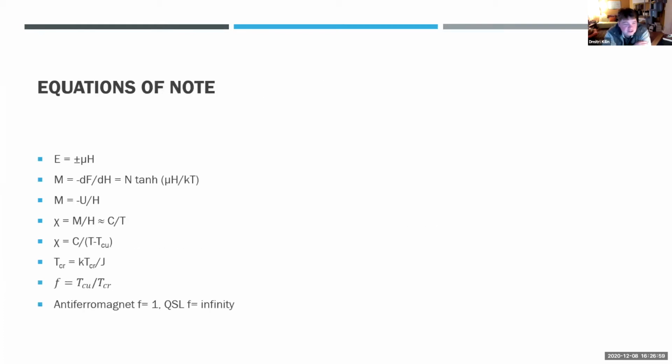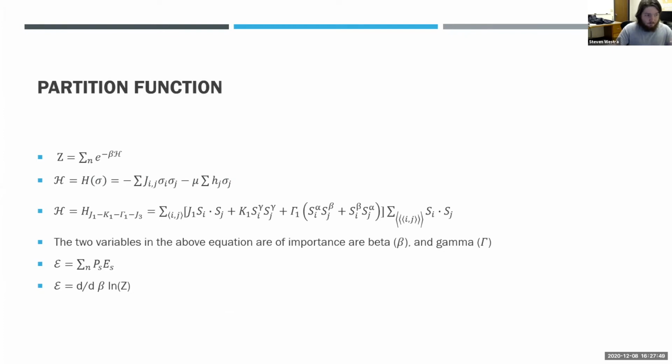And now let's go through the equations after this motivation. All right. So from the magnetic moment, we can calculate the magnetic susceptibility chi, which is the magnetic moment over the strength of the magnetic field, which we already know, and chi is also equal to an internal Curie constant, capital C, over the temperature minus T_CU, and our critical temperature T_CR is equal to K, the Boltzmann constant, times the critical temperature divided by J, where in this case J